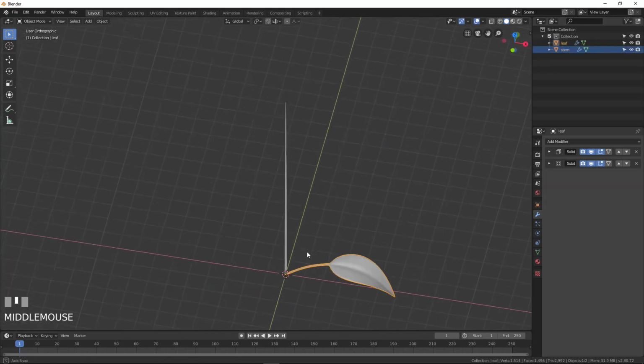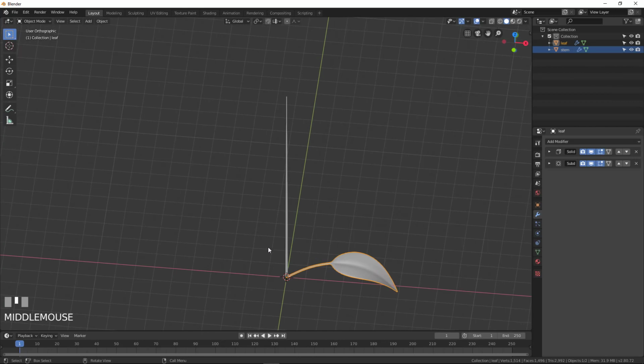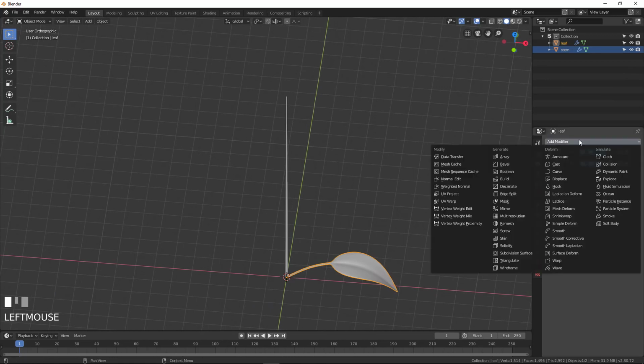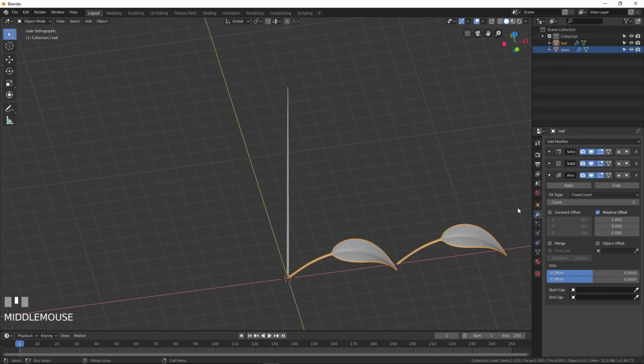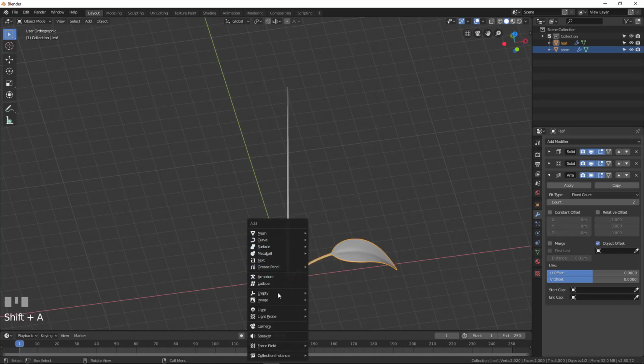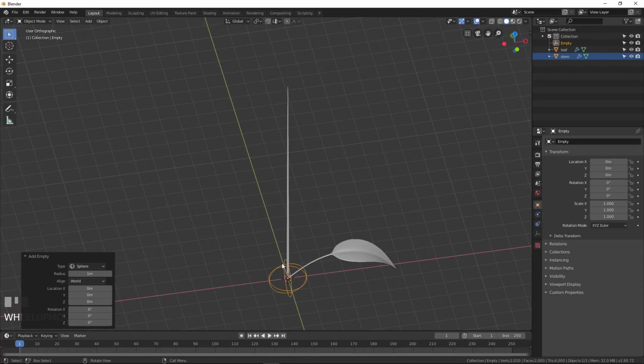And we would like now to duplicate the leaf around the stem, okay, and to turn it around like that. And to do this, we will add a modifier array. This modifier array will duplicate the shape of my leaf into an axis by default, but I would like to use an object to manage that. So I will remove relative offset, and I will here enable object offset. I will add here, where is it, an empty, and this empty will be a sphere. It doesn't matter the shape you put here,